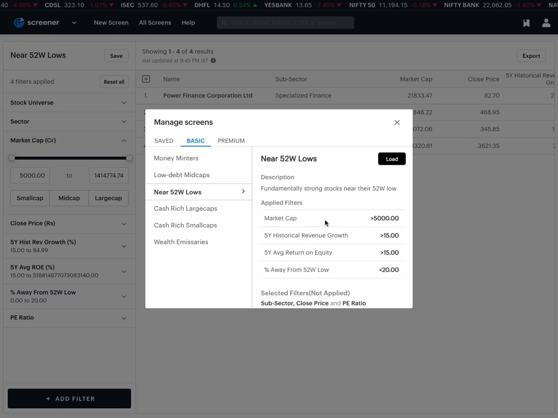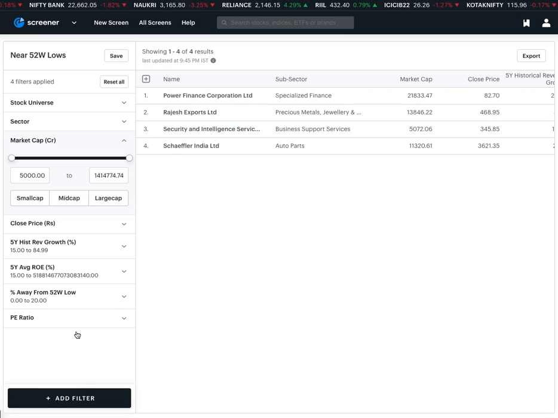So these are established companies which have historical revenue growth and return on equity averaged over 5 years greater than 15% each, and they are within 20% from their one year low or 52-week lows.